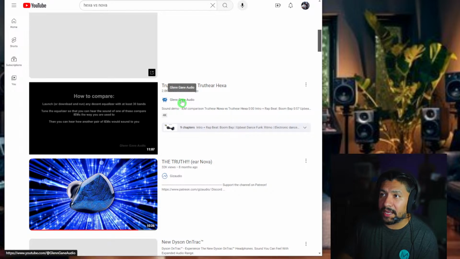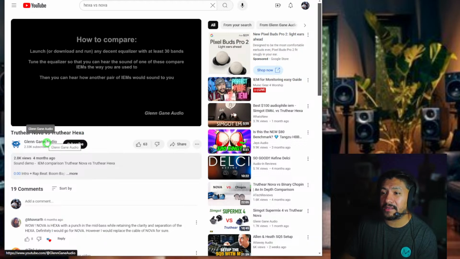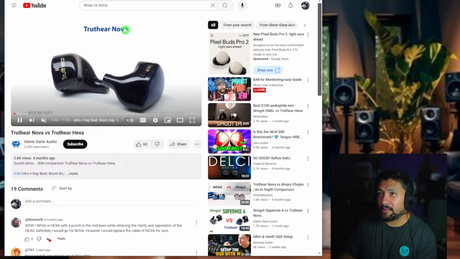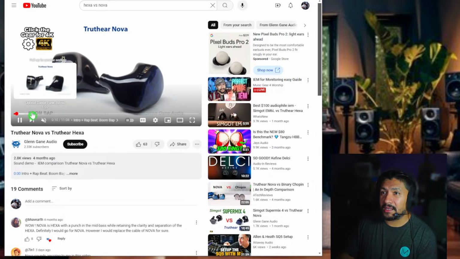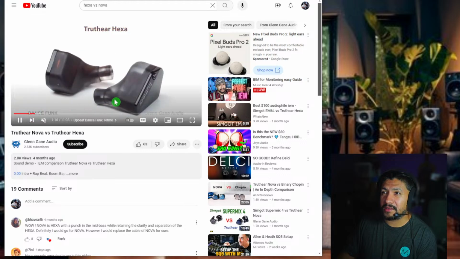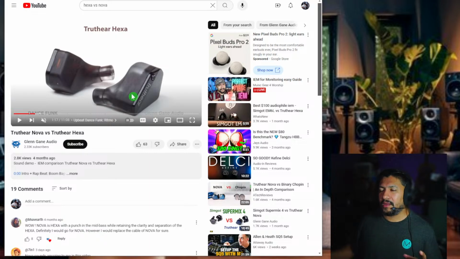His name is Glenn Gain Audio, and he's got tons of comparisons between headphones. Here's the Truthear Nova, which is one of my favorites, and the other one, which is the Hexa. Let's move it to the Hexa, which is this one. I'm not going to play the audio. These two IEMs are amazing. They're not for everyone because of the fit and the sound signature,